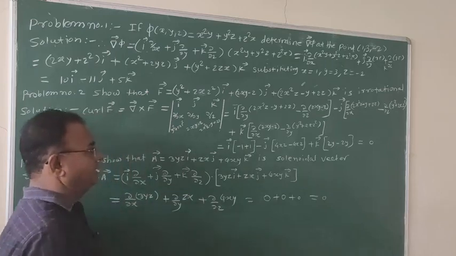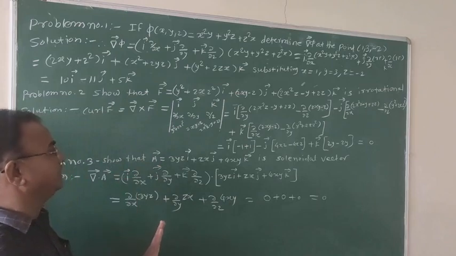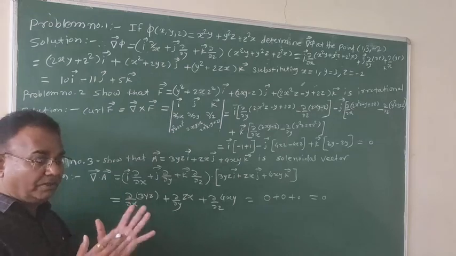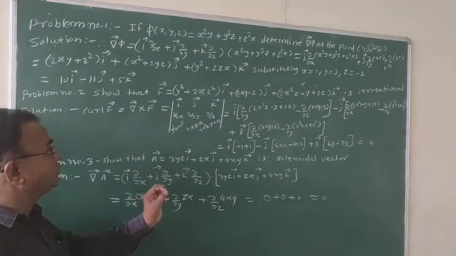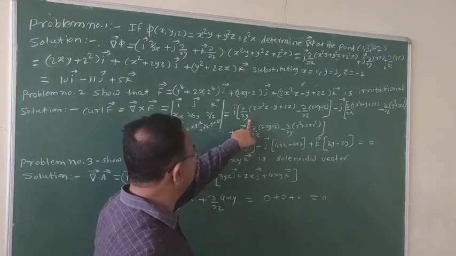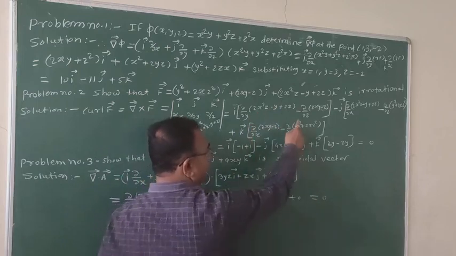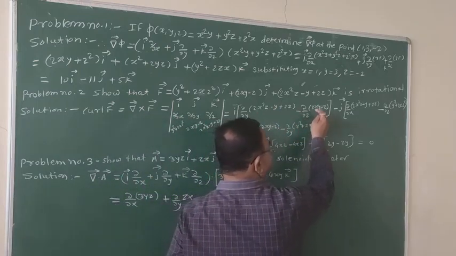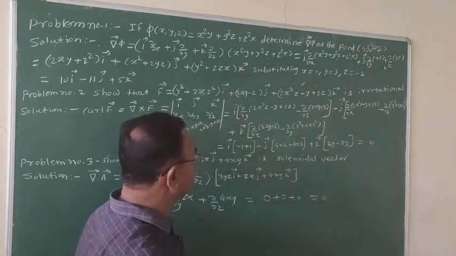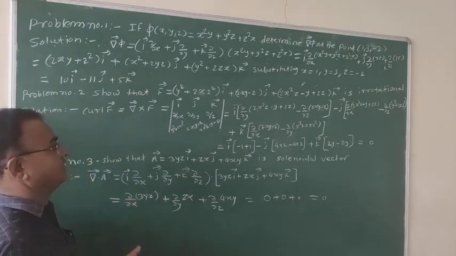Using that concept of determinant, we solve, and then take the partial differentiation. While taking the partial differentiation with respect to a variable, the other terms are treated as constants. In this case, z is variable, x and y are constant. Like this, by considering that variable term and that constant term, we can find out the partial differentiation.